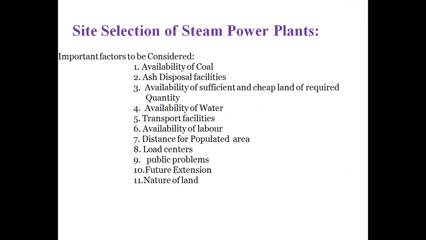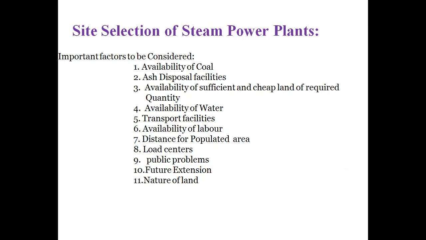Selection of the steam power plants. The following important parameters are considered for the selection of a steam power plant. First one is the availability of coal. The coal should be available in a very large amount for the combustion process. If the coal is available in very less amount, the combustion process does not take place, the efficiency of the plant reduces, and it increases the investment and losses due to storage.